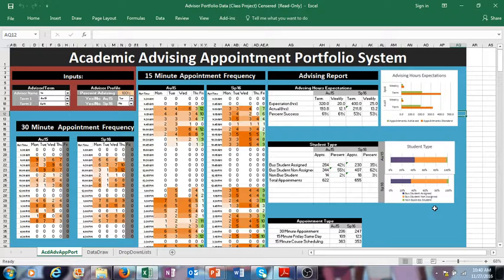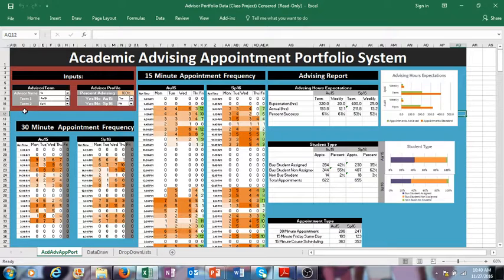This is the tool I was working on in Excel in order to look at advising data based on different advisors to see what types of students they're meeting with, what types of appointments they're holding, and what their availability is. So the information is going to vary based on your inputs: the academic advisor's name, which two terms you want to look at,